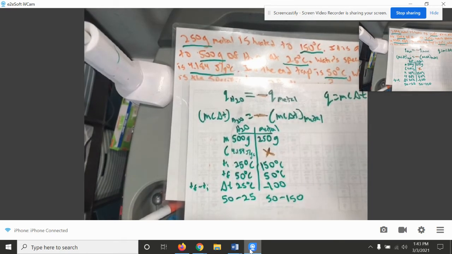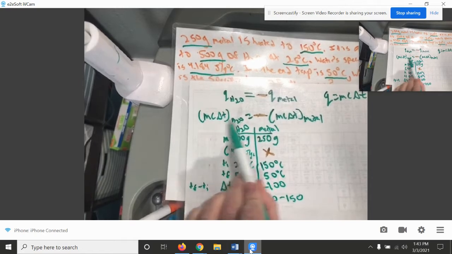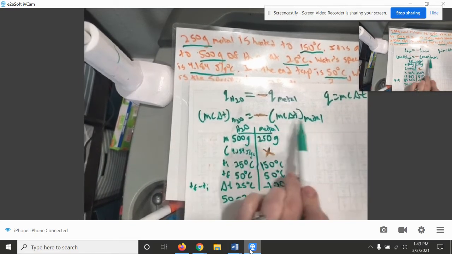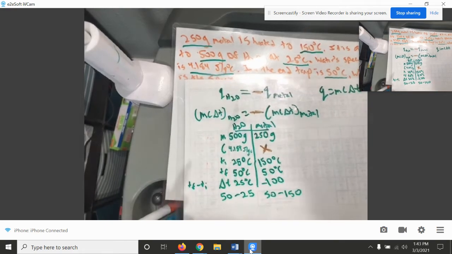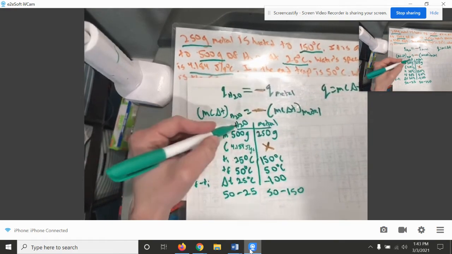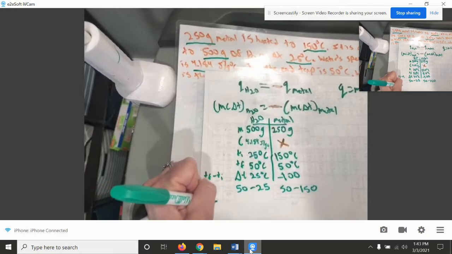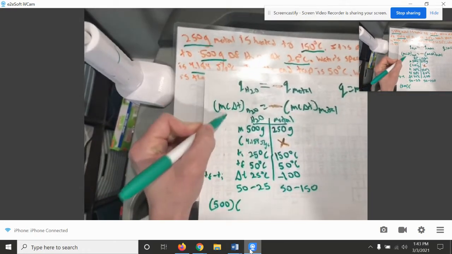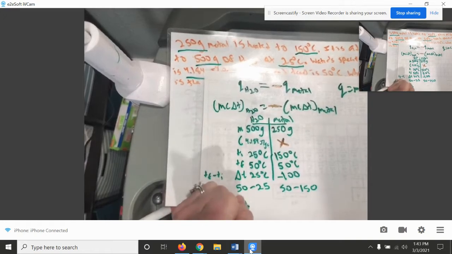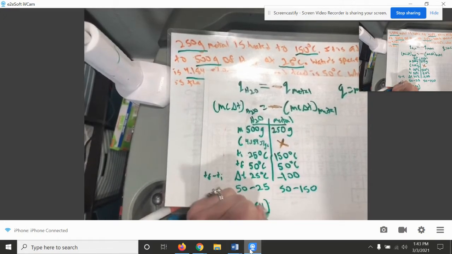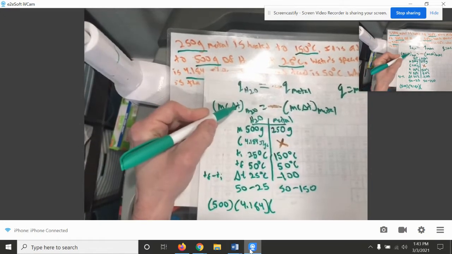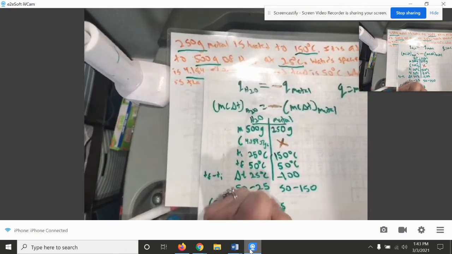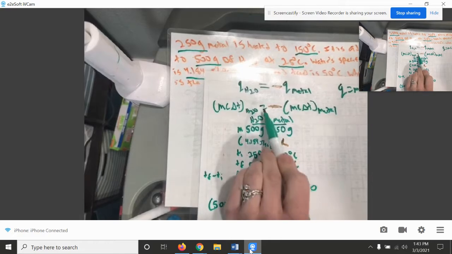Now I have everything I need. Now all I have to do is plug it into my equation here. So MCT of water equals negative MCT of metal. I'm just plugging numbers in. So my M of water is 500 grams. I'm going to leave the units out just for saving space. Times my C of water, 4.184. Times my delta T of water, 25. That's everything on the left side. Equals